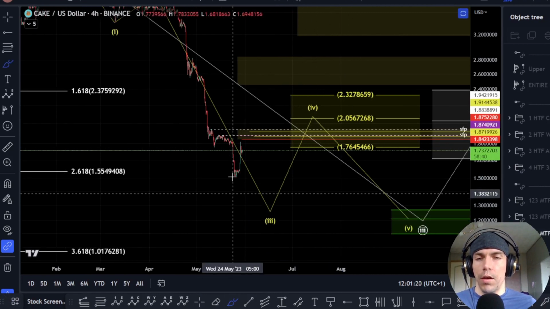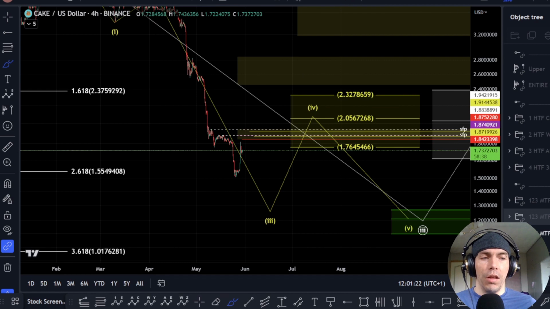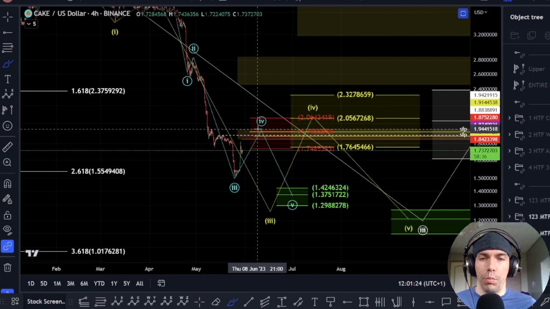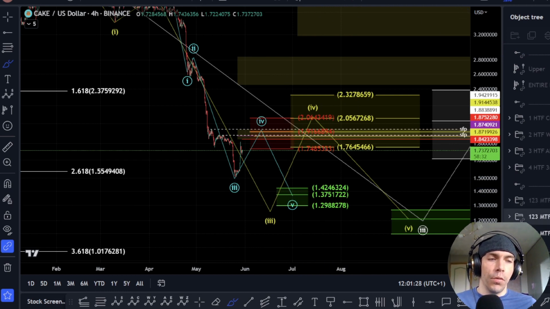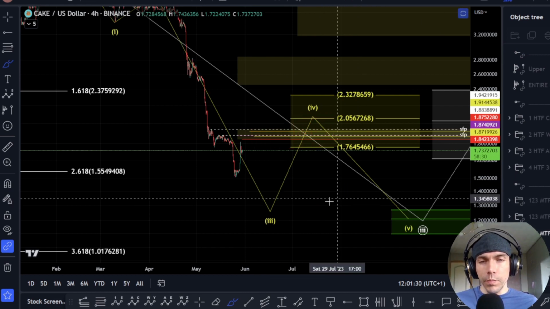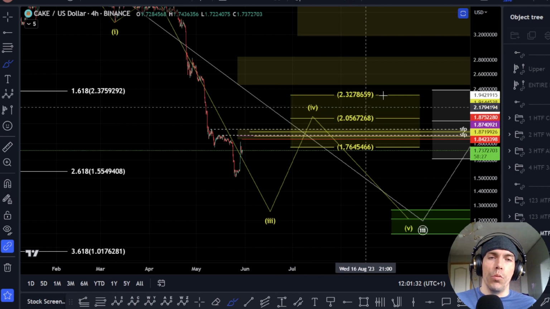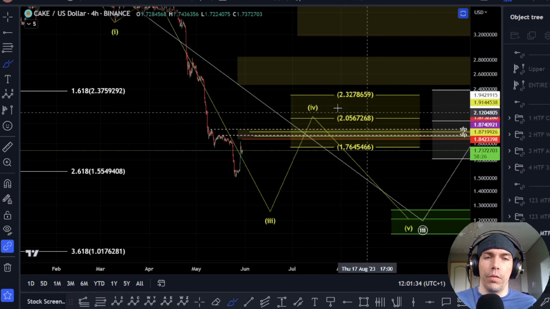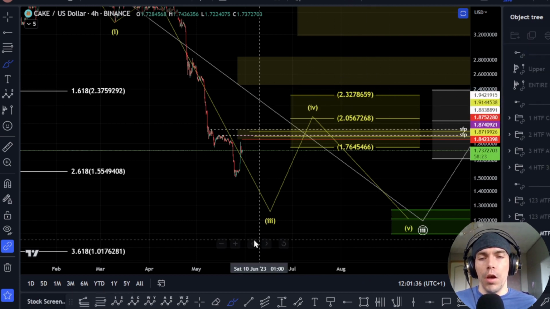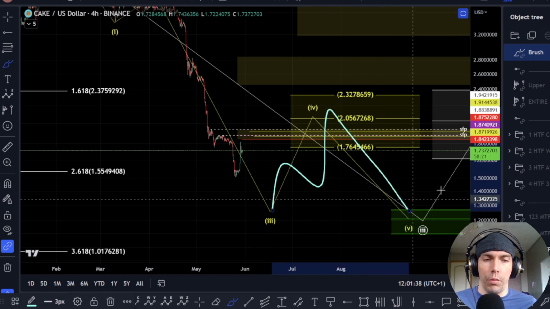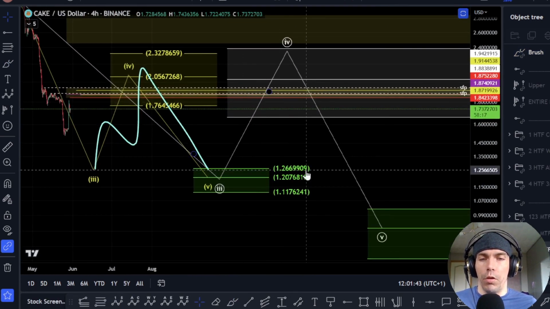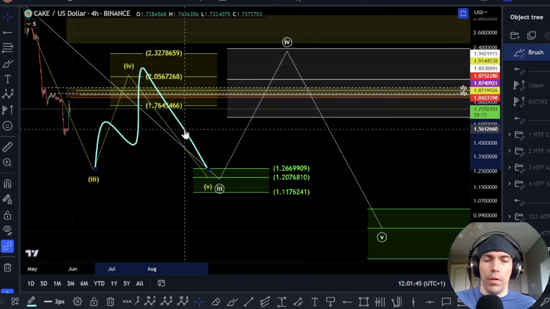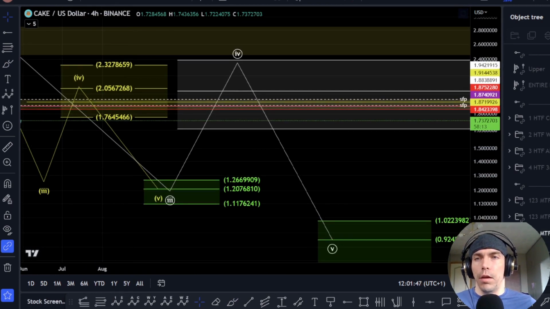Now within this count, if we still haven't completed the internal count of this blue count, what we could see is an additional move down here. The key thing here is as long as we only form three wave moves to the upside, failing to break above this $2.32 region, we could see continuation in additional fourth and a fifth here, which could look to push us down towards primarily this $1.26 to this $1.11,